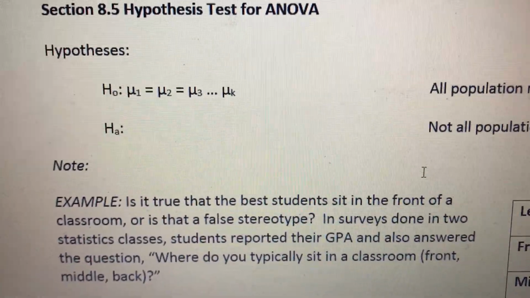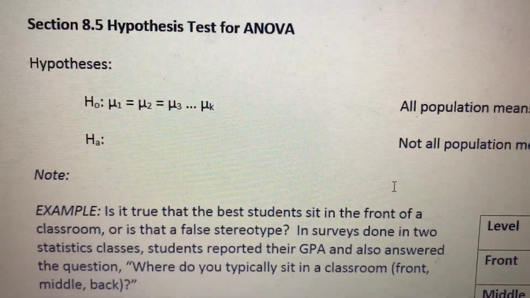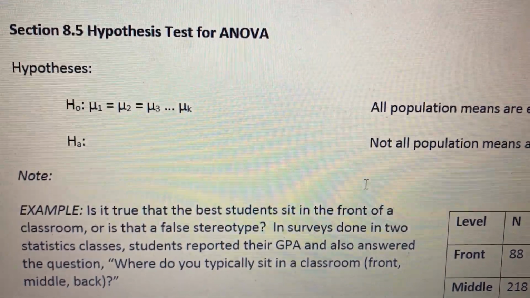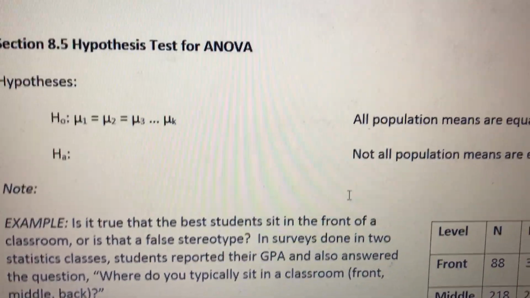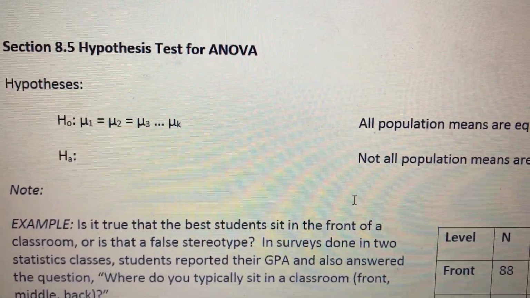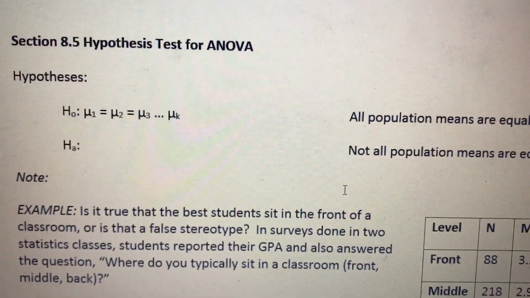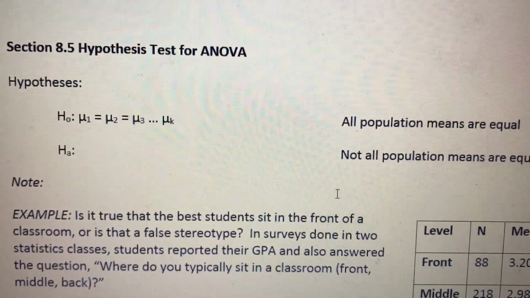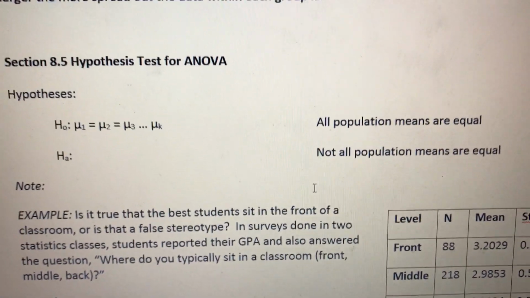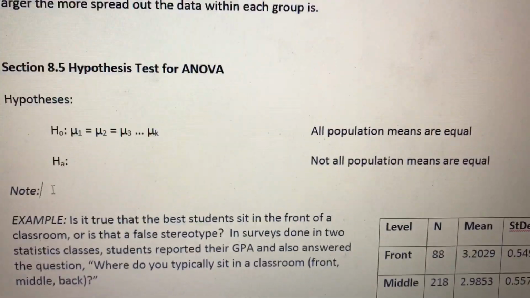Unfortunately, there's not a shorthand notation to write our alternative hypothesis here. We could say mu1 doesn't equal mu2, or mu1 doesn't equal mu3, or mu1 doesn't equal mu4. And, well, we don't want to have to do all those because then we're back to doing all those different comparisons that we said we didn't want to do. If we have 6 groups, we would have to write out 15 different comparisons. The note that I have attached here, which it looks like I forgot to fill out,